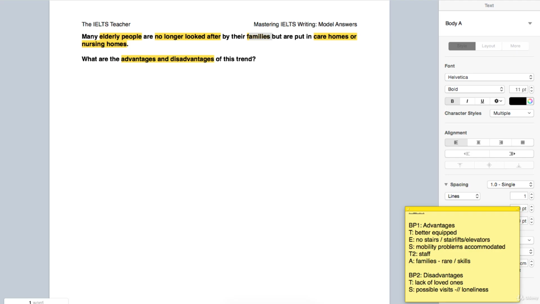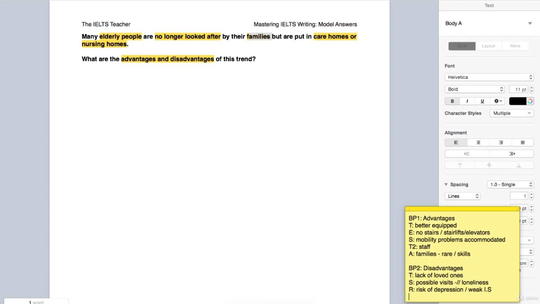Okay, now the third sentence, I want to go a step further. I want to talk about the result of the loneliness. So loneliness is a problem in and of itself, but it also creates another problem, because loneliness has been shown to increase the risk of depression, and it can even weaken the immune system, which is very dangerous for elderly people who already have compromised immune systems a lot of the time. So we can say things like risk of depression and weak immune system. I'm just going to write IS here to save a bit of time.